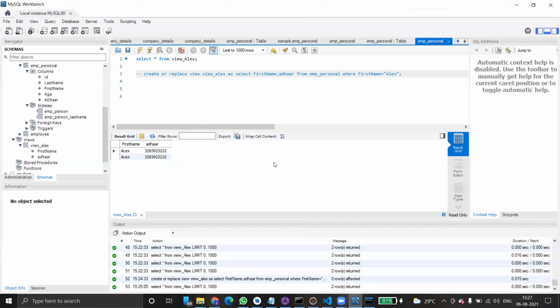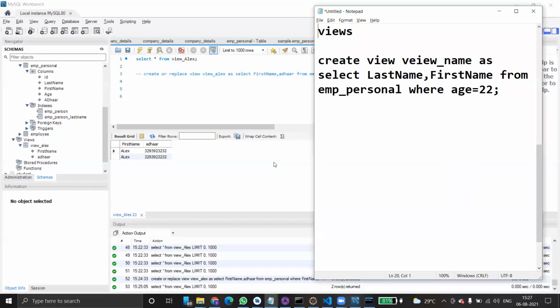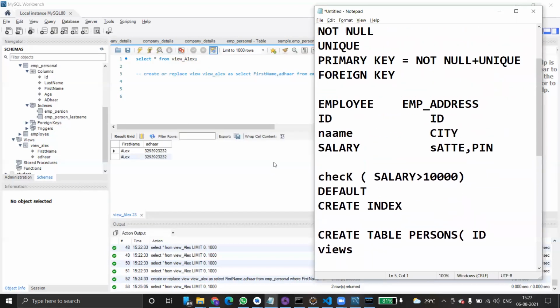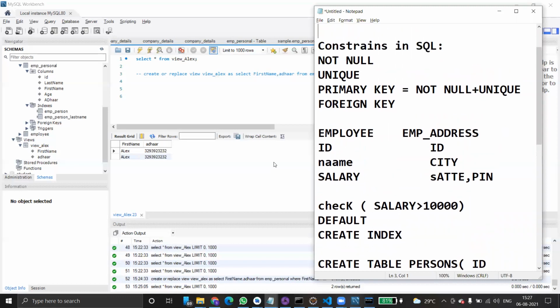And drop table, alter table, constraints. These are the various constraints we have discussed: not null, unique key, foreign key, primary key, and then check, default, not null, and so on. And we have already discussed views also.